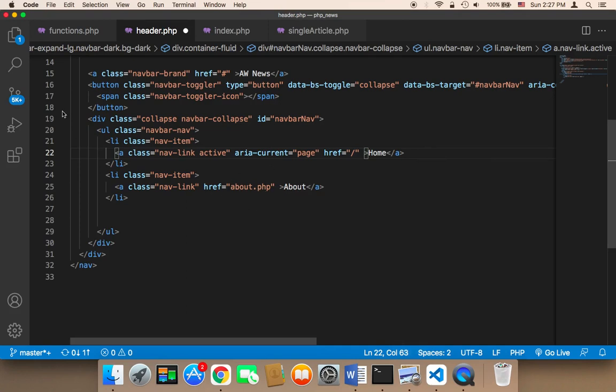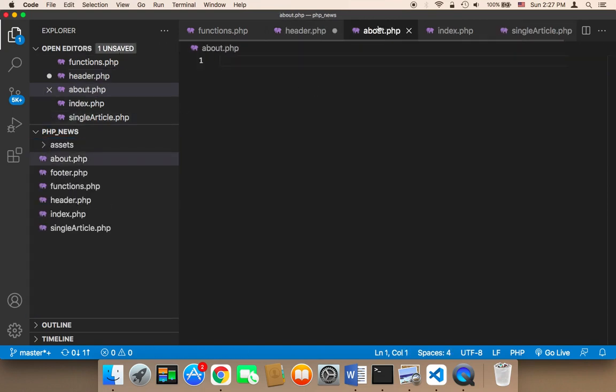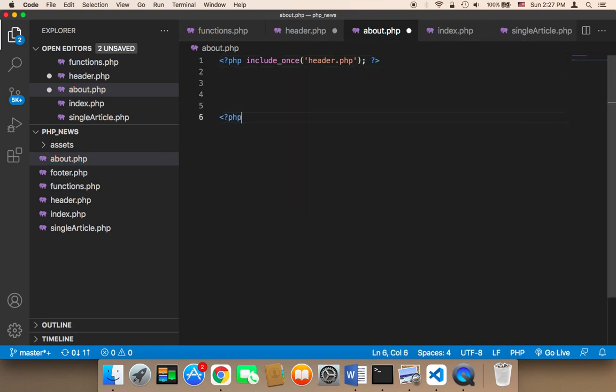So let's work on the about page. I'm going to create a new page here called about.php. And again, all you need to do in the about page is include two things. First, you need to include the header and the footer. So I'm going to say include once, and then header.php, and then PHP, and then include once,